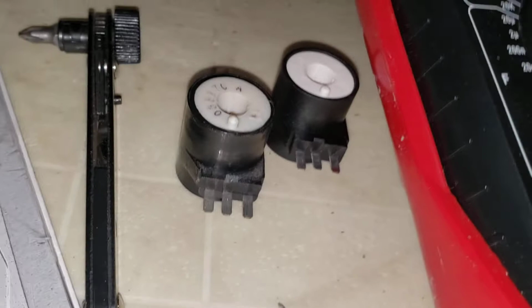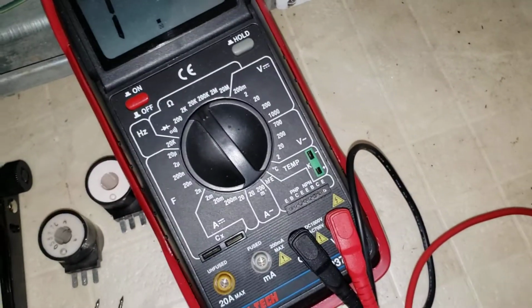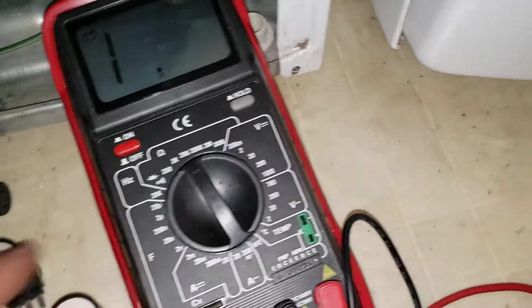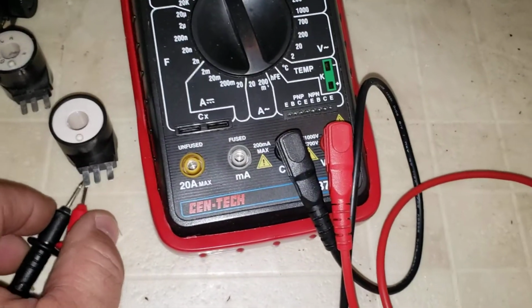On this particular testing, I've got an ohm meter here, and if you go and test, it's going to be difficult, but let me see if I can do this with my left hand. Well, might not be so easy. If you touch those two pins, we can see that nothing is changing on the ohm meter. But if we take a good part and we touch the two pins here,